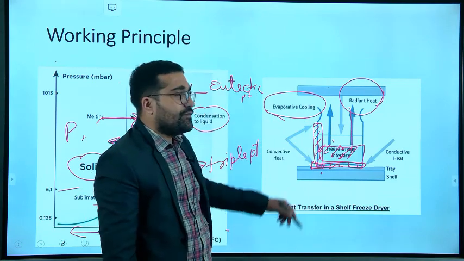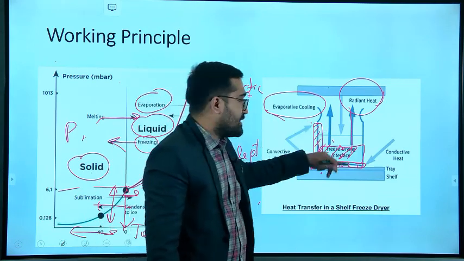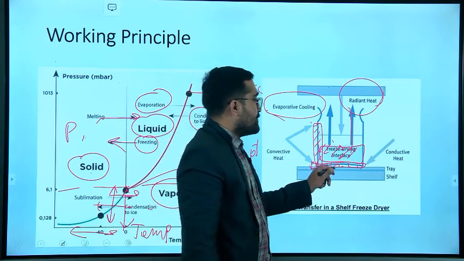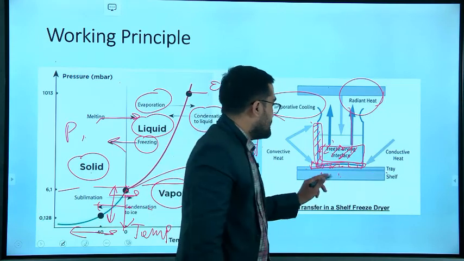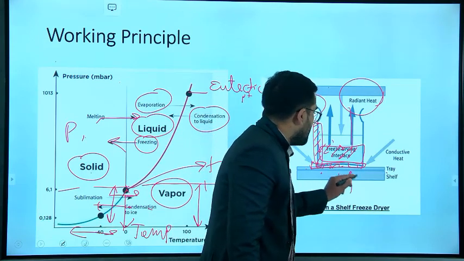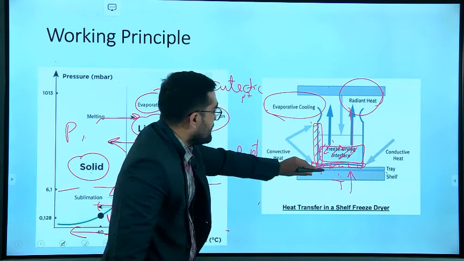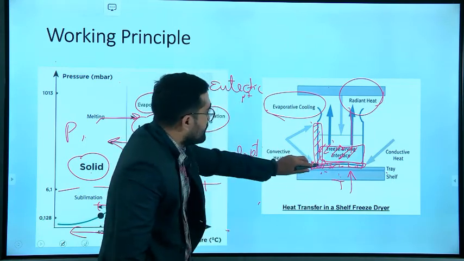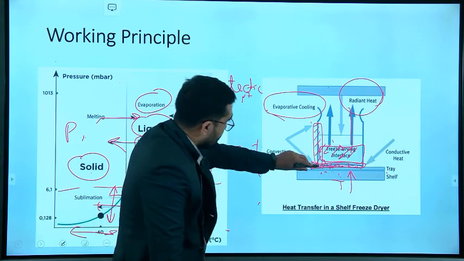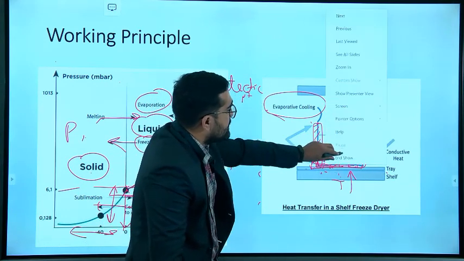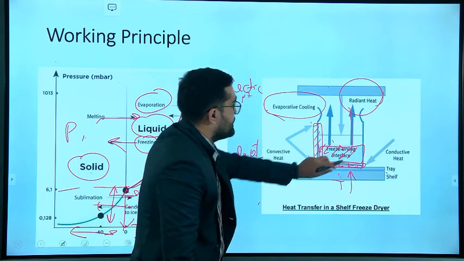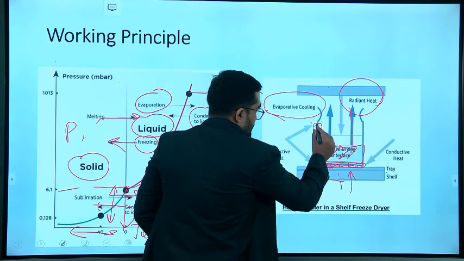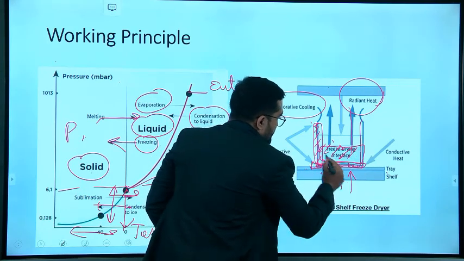Okay, if our product is kept inside a bottle or something, what happens? There is a convective heat transfer from the bottom plate, because this tray is responsible for increasing the temperature. So because of this tray, the heat will transfer to the bottle layer, and from the bottle layer it will get transferred to the product. Same here, the heat will transfer to the layer of the bottle, then to the product.